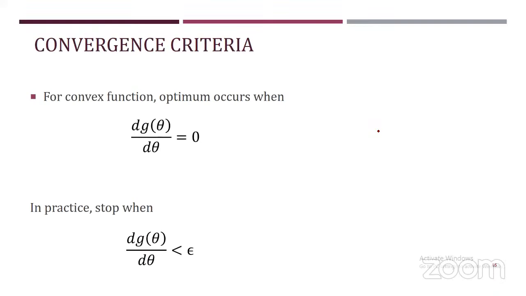Now we are going to iterate through the process. With each iteration, we will be adjusting theta naught and theta 1, and we are going to repeat this process until we are satisfied with the defined criteria. Suppose this defined criteria could be 0, meaning until you reach 0, that means the minimum. Till that point I'm going